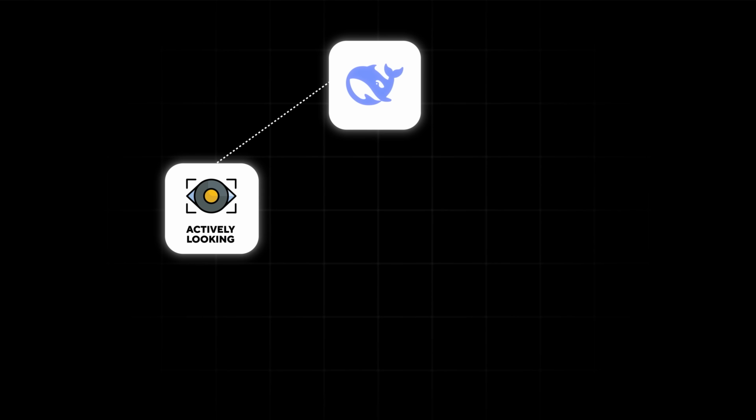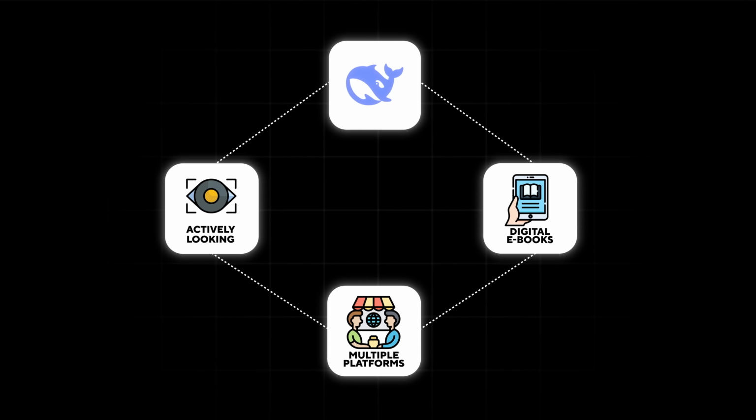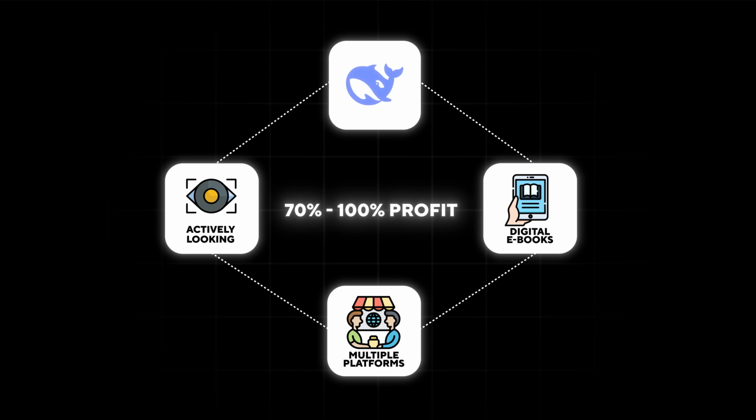You can even use DeepSeek to find out what people are actively looking to buy right now. Then you can turn that information into digital ebooks that solve buyer-specific problems. Then you can sell those ebooks not just on one platform, but across multiple platforms that will pay you anywhere from 70 to 100% profit. And let me show you exactly how to set all of this up, starting with finding your first profitable topic